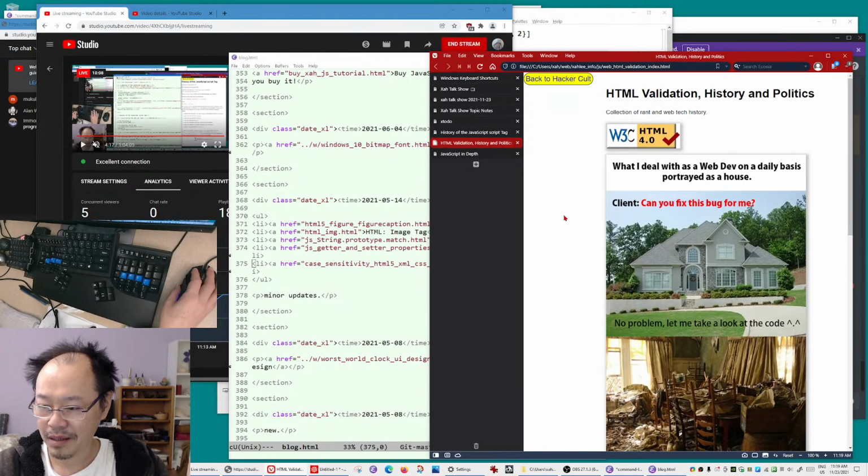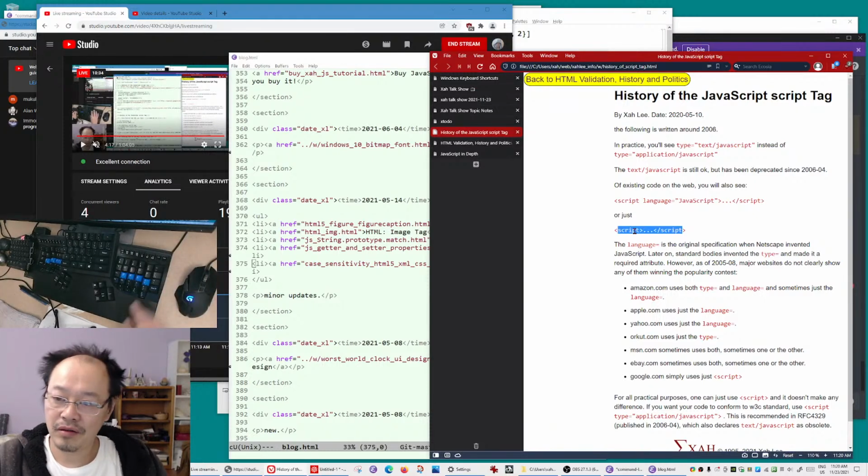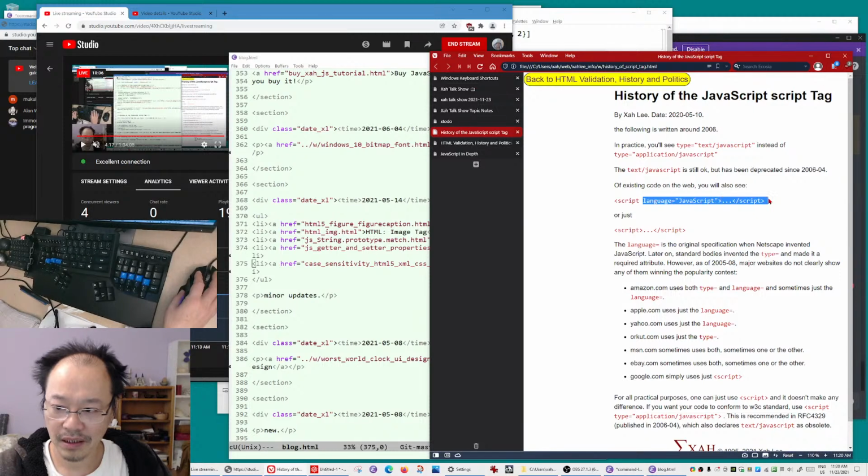So Netscape created JavaScript. Then you have the HTML script tag to specify the language, for an interactive website. In the beginning, it's like that. Today you just do this script, with no attributes. JavaScript 1. Okay. But in the beginning it's like that. Then around 2006, I guess, they changed it.